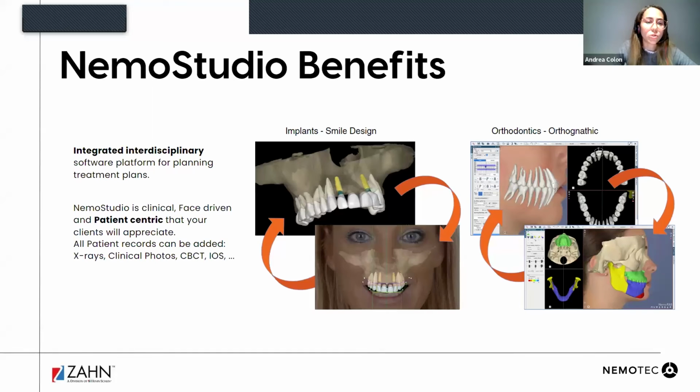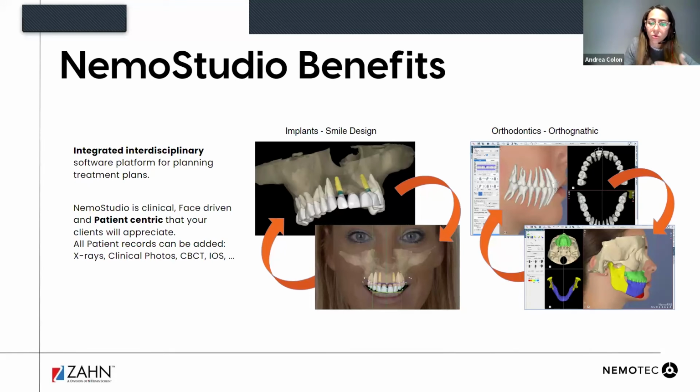And also it's going to be patient-centric, as I told you before, so you can have all the software with picture, STL, CBCT, all the modules and the treatment plan can use these tools to be planned,